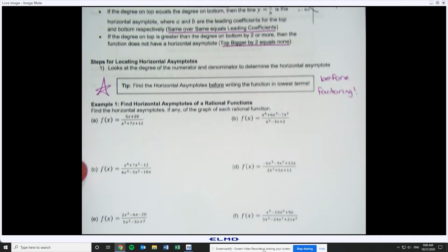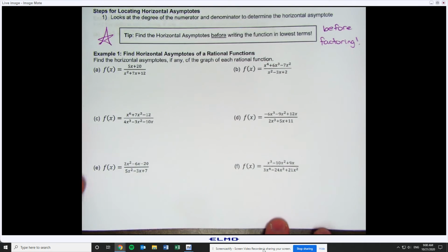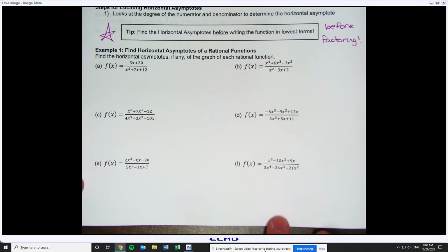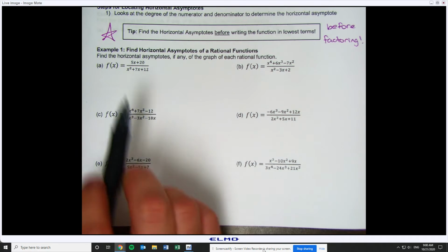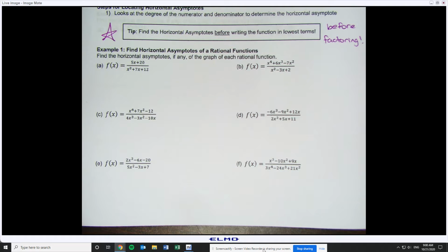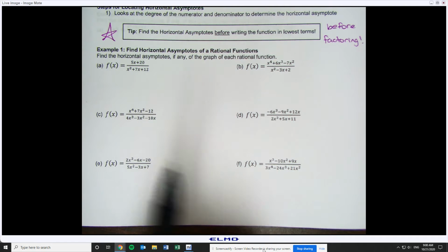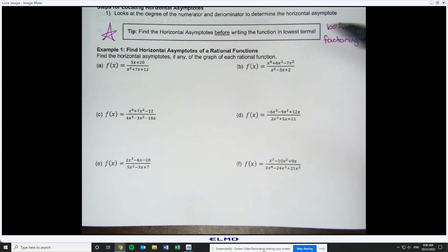All right. Now, these are very straightforward and very easy to do. So we'll go through these examples pretty quick. Looking at our first one right here, all I want to do is figure out if we have a horizontal asymptote. And the way we do it, don't factor, don't change it at all, just look and see what you